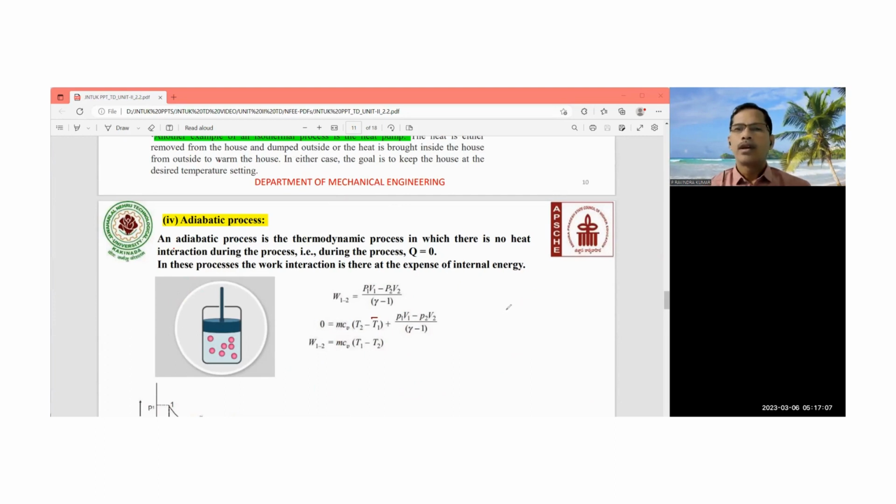So that is, you will get P2 V2 minus P1 V1 by minus gamma plus 1. Then you can write this one as P1 V1 minus